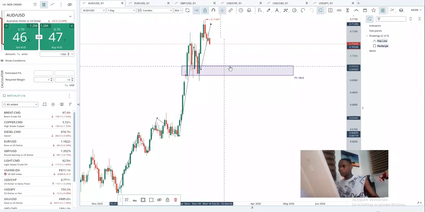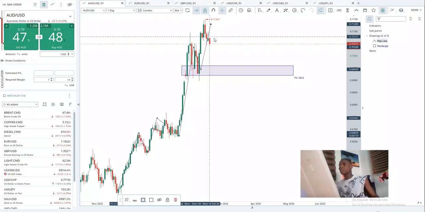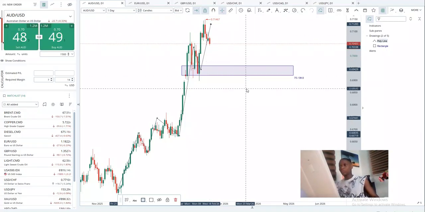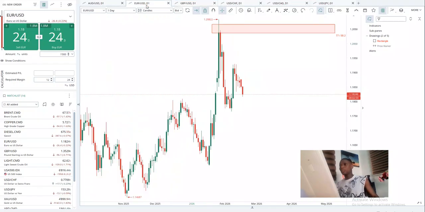So make sure at this point or at this time you don't trade. You will not have an entry point until markets of AUD USD break the support level before you decide to take a sell position. Okay, so now when you want to have an entry point at this point, I would say it is very risky for you to do that, because the